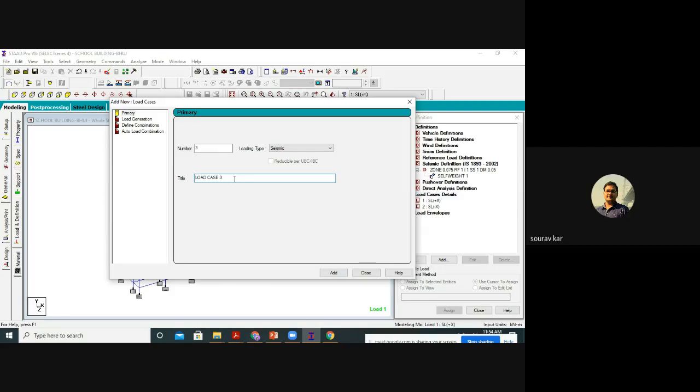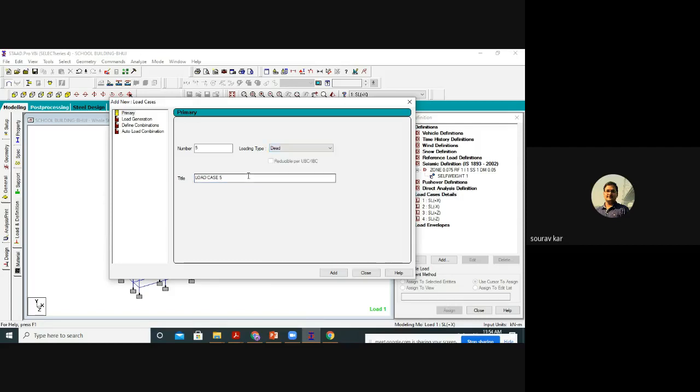Since the loading is horizontal, it can act in any direction. Similarly, SL plus Z and SL minus Z. So I have created the bucket list of seismic load.